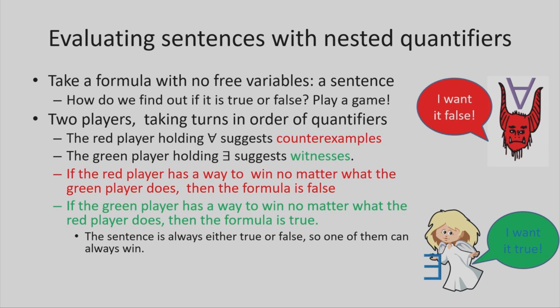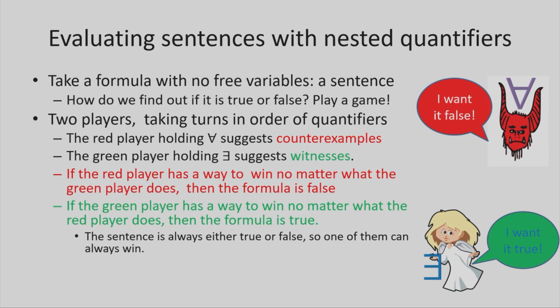One of them will be rooting for the formula being false, and another one will be rooting for the formula being true. The one who wants it false will play on universal quantifiers and will try to mess up the formula by suggesting the settings for those variables under universal quantifiers that are counterexamples. Then the existential player, the green one,